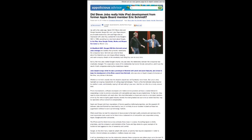Okay, so now one of the books I'm reading today on my iPad that I bought in the iBookstore is a book by a very prominent tech writer named Steven Levy, entitled In the Plex: How Google Thinks, Works, and Shapes Our Lives. And I haven't jumped ahead in the book, but other writers online have, and they basically came across an interesting fact. I'm at a website called androidapps.com, and someone has an article entitled, Did Steve Jobs Really Hide the iPad Development from Former Apple Board Member